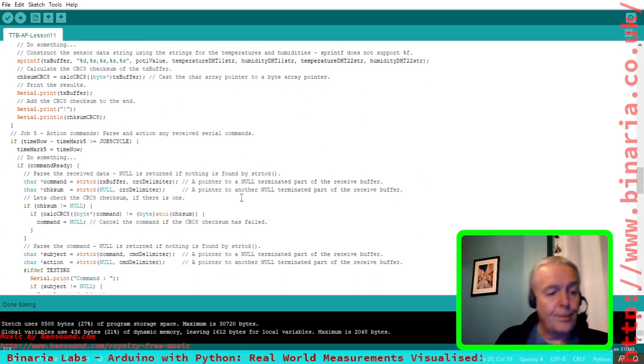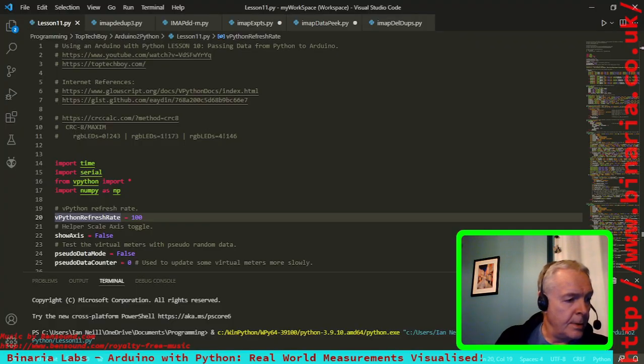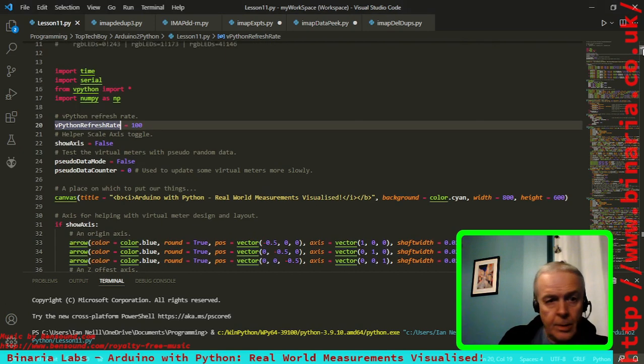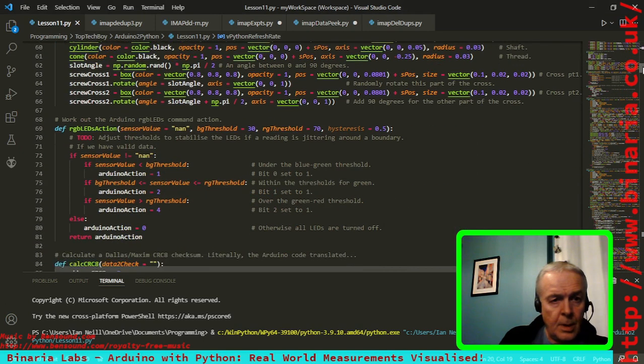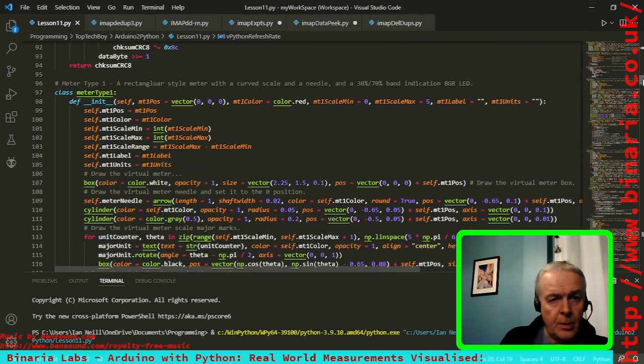Now let's take a look at what we've done on Python. So let's get rid of Arduino so you can see Python rather. So here we go. We have not got too much going on. We shall scoot down through. On our way, we shall call past